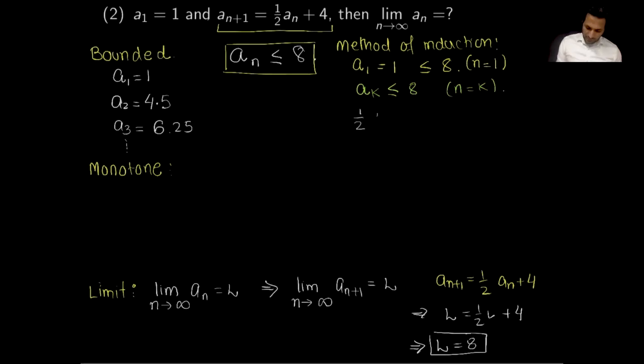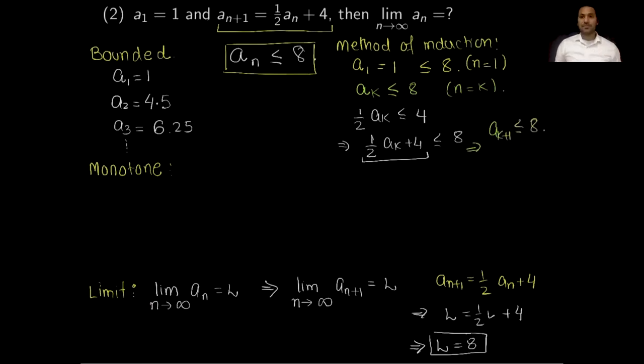So I will get a k over 2 less than or equal to 4. And then I will add 4 on both sides. So therefore 1/2 a k plus 4 is less than or equal to 8. But this term, from the recurrence relation, is just a k plus 1. So this implies a k plus 1 is also less than or equal to